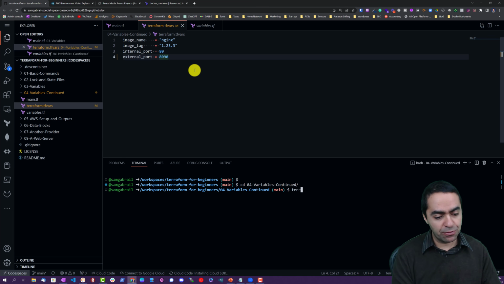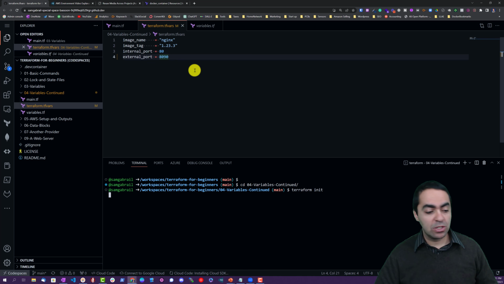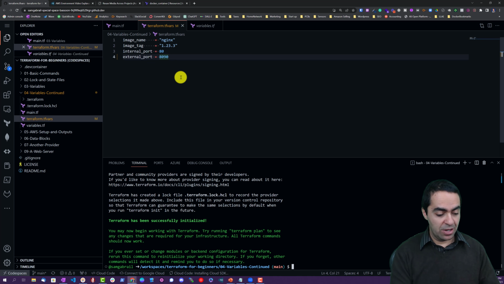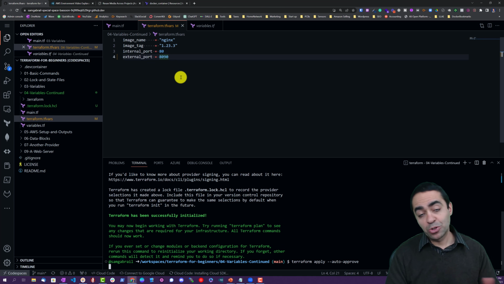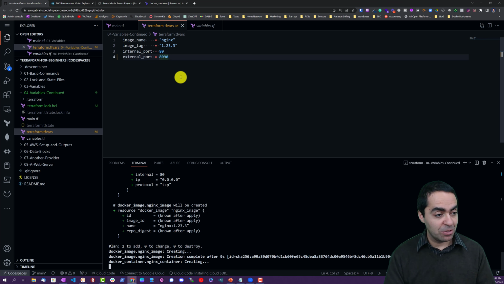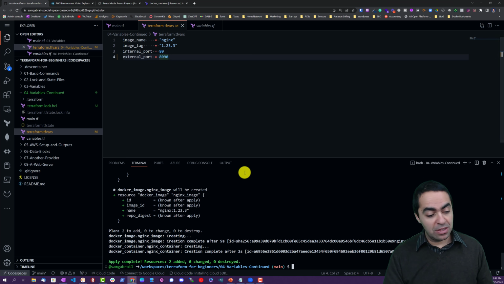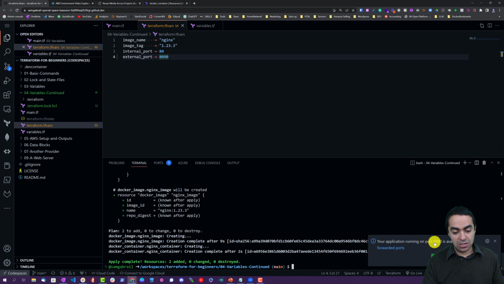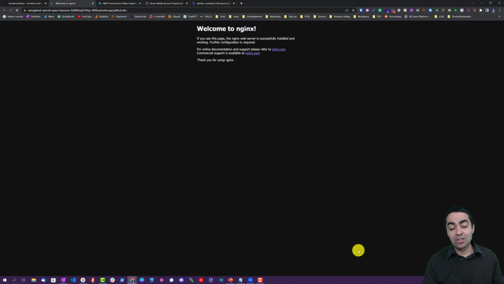So let's go ahead and Terraform init this folder to get everything set up for us. And we will quickly run Terraform apply auto approve just to move faster. And here we don't need to specify anything through the CLI, and also no prompts will happen. It will go ahead and create our container image and also our container for us. And we'll see that it will generate this over port 8090, as you can see here, 8090. And let's open this in a browser, and once again, welcome to Nginx message comes up. So everything worked